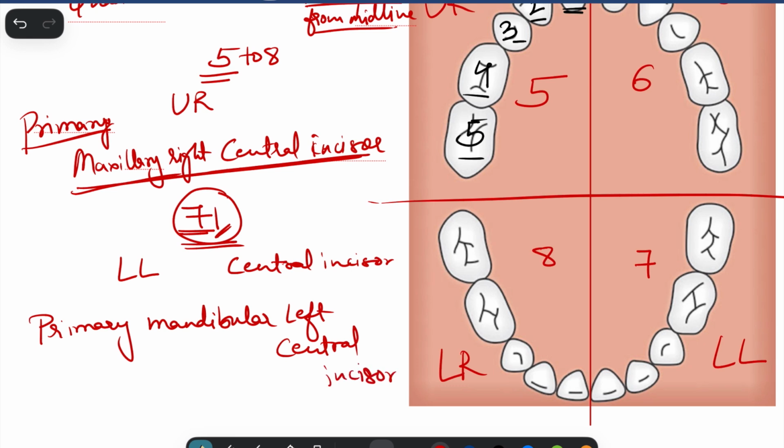Okay, so now see how easy this is. So rather than saying the whole name or writing the whole name of the tooth and the quadrant, we can just write these two numbers and it will tell everything. Okay, now let's see some advantages of the FTI system. So this system is simple and logical. The system follows a clear pattern. Once quadrants are understood, tooth identification becomes very easy.